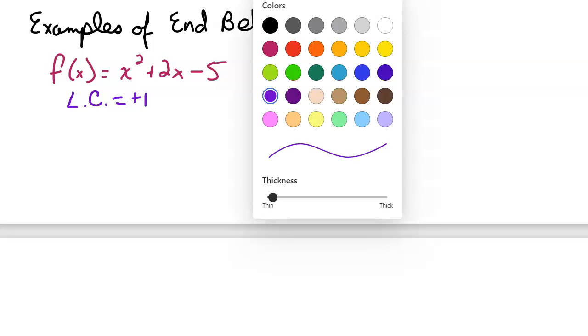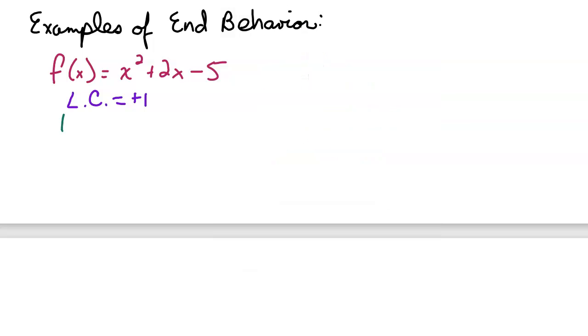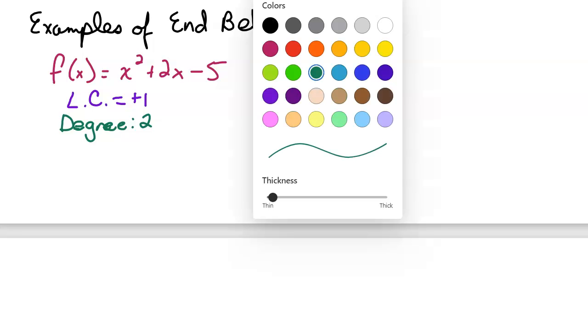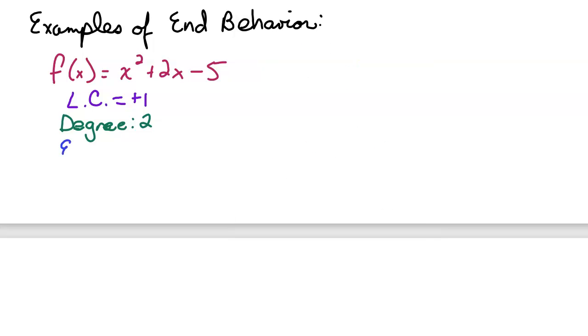The degree of this polynomial, since it is in standard format, we would look at the largest exponent. The degree would be 2. So if we talk about the end behavior of this polynomial,